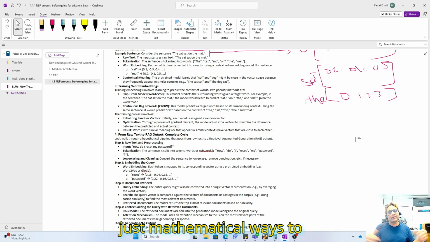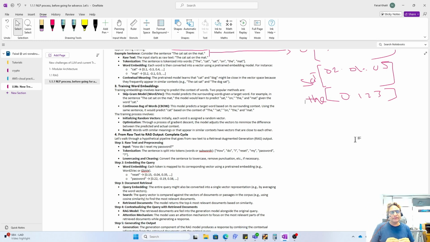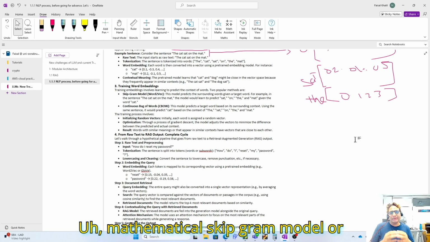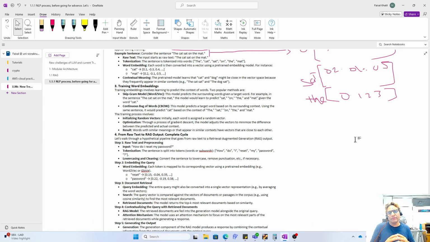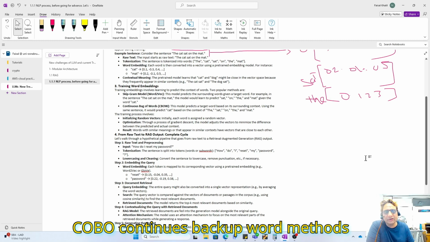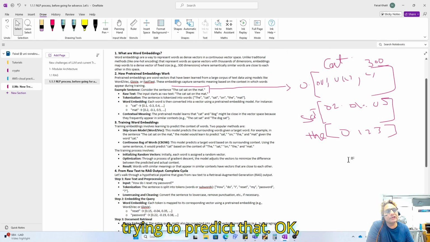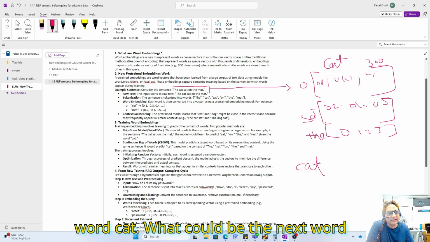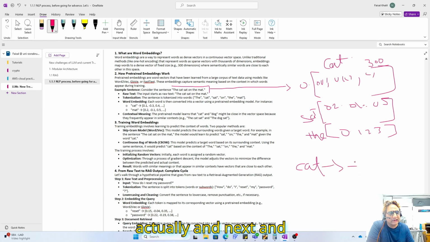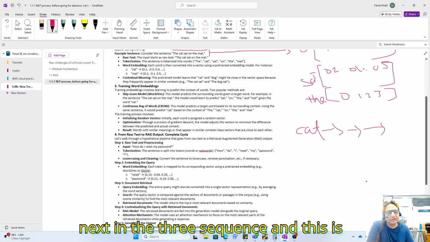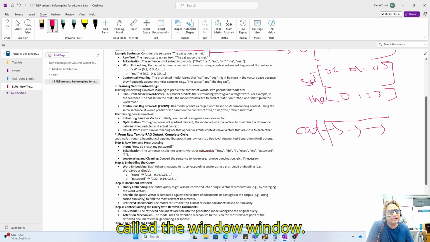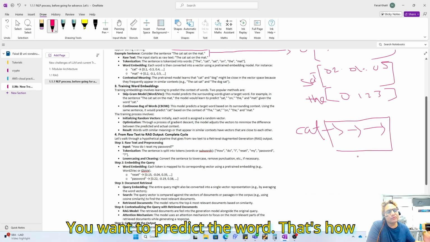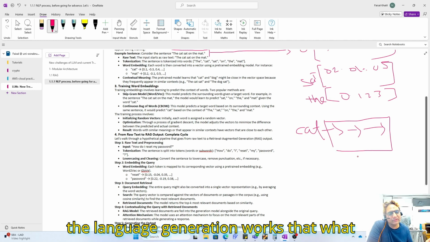It is a mathematical way, using the skip-gram model or CBOW, the continuous bag of words method, to predict: if I have the word cat, what could be the next word, and the next, and the next in the sequence? This is called the window. You want to predict the word within the window. That's how language generation works.